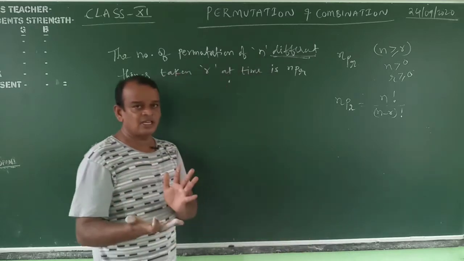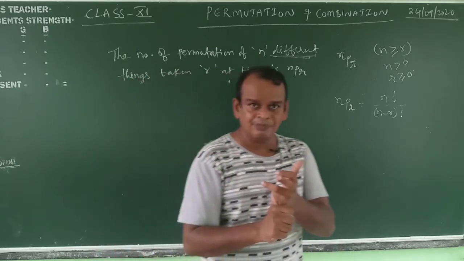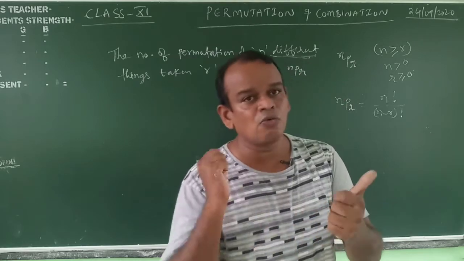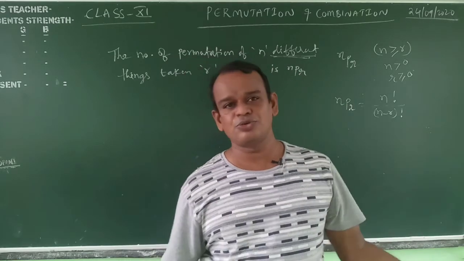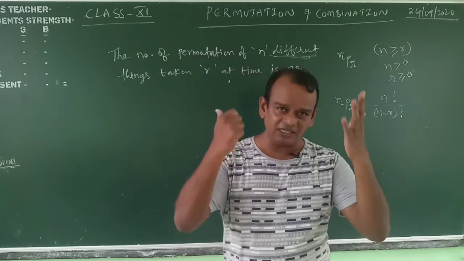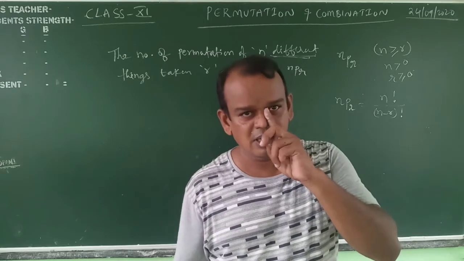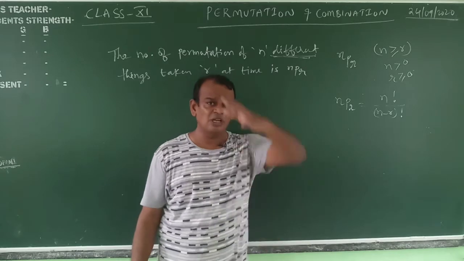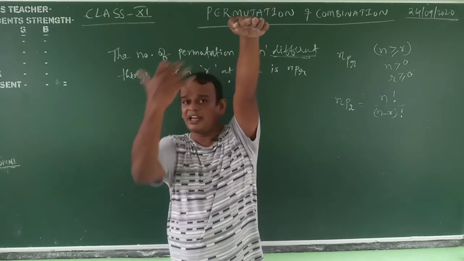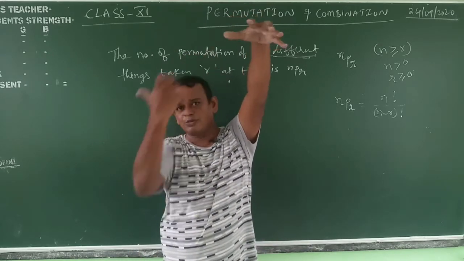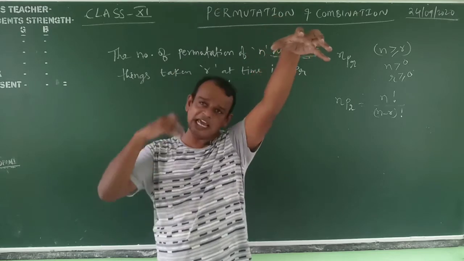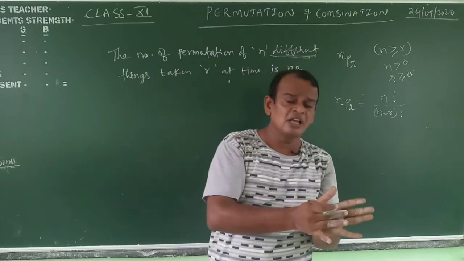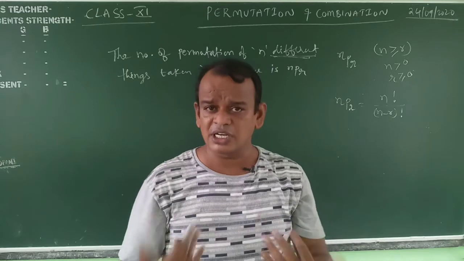Here 4 students are there, we will take a maximum of 4 students at a time, or 3 students, 2 students, 1 student, 0 students. We cannot take any students, we cannot arrange any students. For suppose 10 students are there, total number of students 10. We can take a maximum of 10 students at a time and arrange them, or otherwise we will take 0 students or 1 student, whatever it may be.